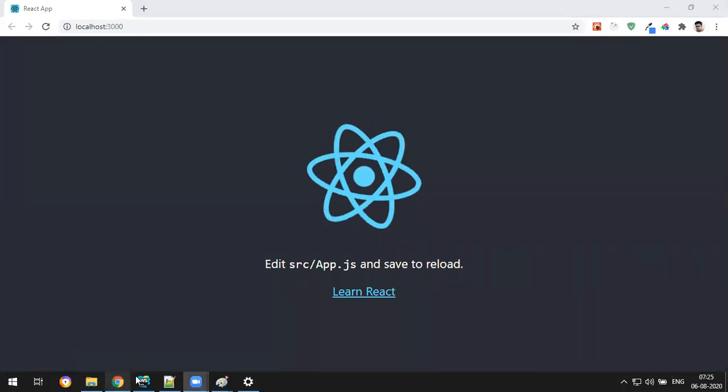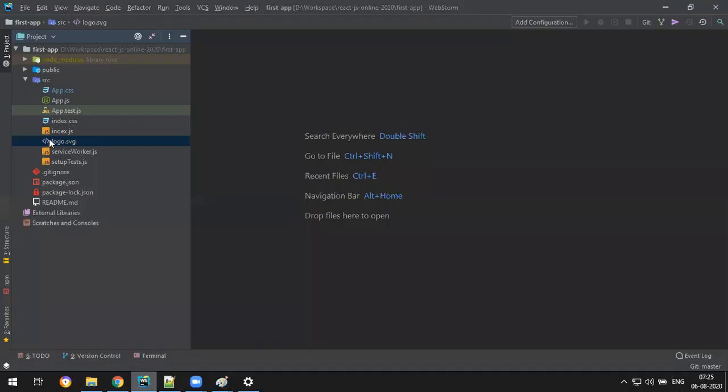And next, index.js is the main file. In the source code, the main file will be index.js. This is the place where the real React.js flow starts. And inside we have index.css. This index.css will be the global CSS file for your application.